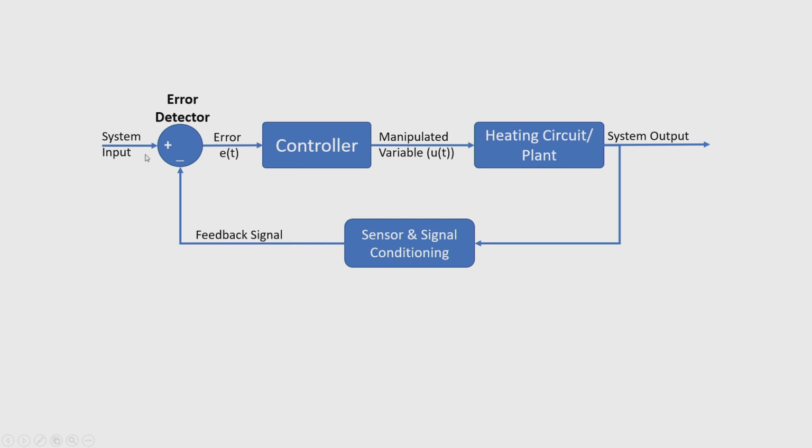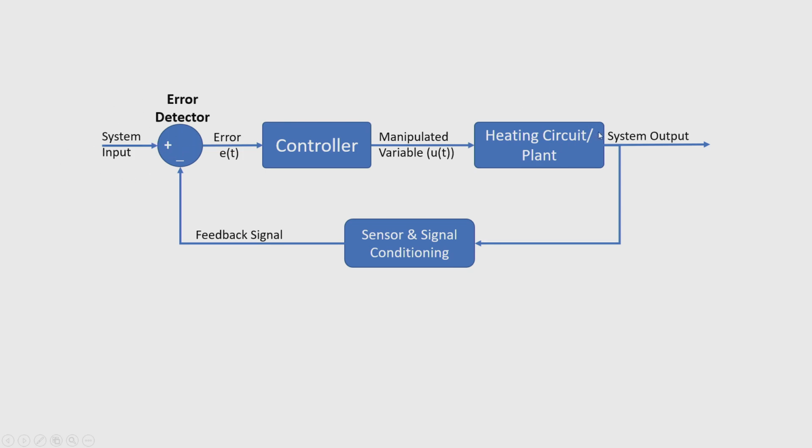The system input voltage is nothing but the amount of voltage that corresponds to the temperature necessary to maintain on the heating plant. For example, if I consider the scaling factor as 1 volt per 10 degree centigrade, which means that if I provide a system input of 1 volt, the system will understand that the plant should heat to 10 degree centigrade. Depending upon the requirement and the amount of heat to be generated on the heater circuit, the user has to specify it at the input side.